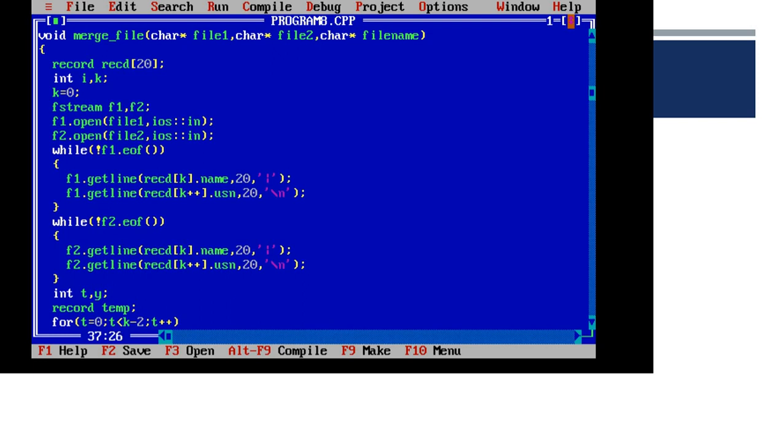For example, file 1 has the name Akbar, the second file will have Anthony. So both elements are merged and sorted, in order. Akbar comes first, then Anthony.